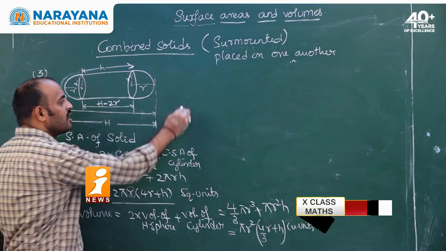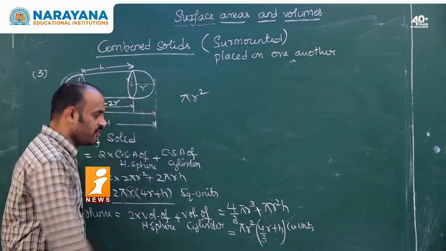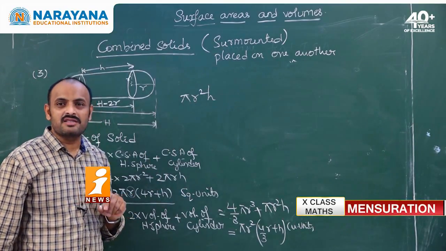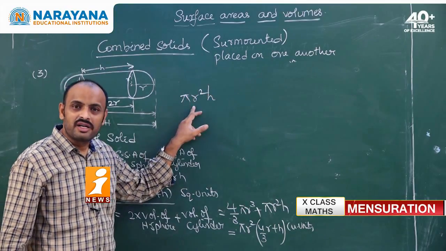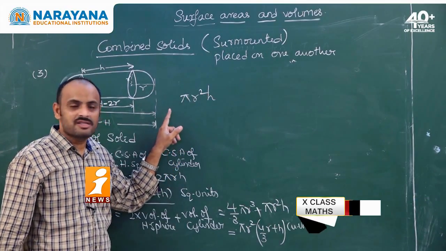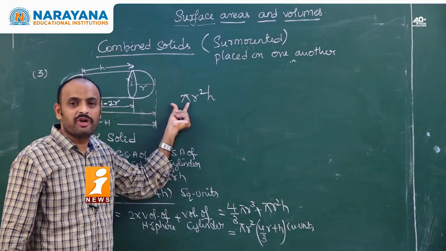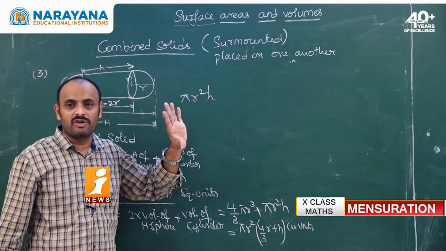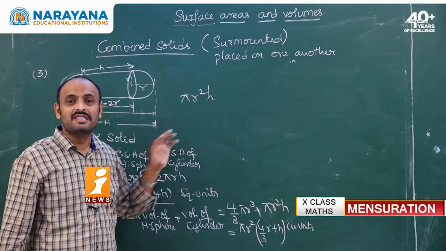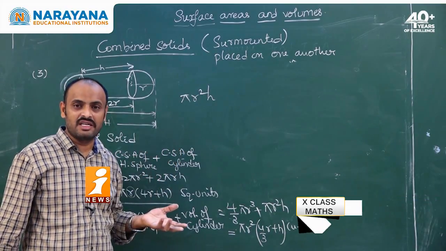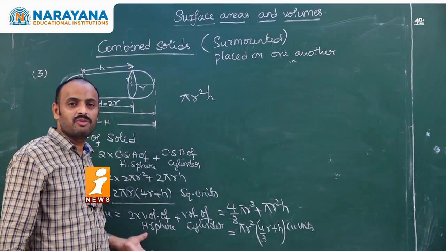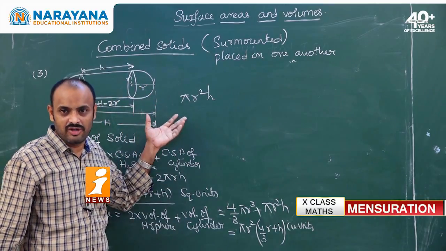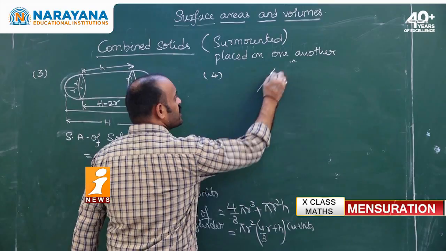For example, say we are going to find the volume of the cylinder, pi r square h, and in this case r is 10. What is r square? 10 square is 100. In that case, don't go for 22 by 7. Go for 3.14, because 3.14 into 100, the zeros get cancelled and the decimals are also removed, because 3.14 into 100 is 314. A very easy number to calculate. In mensuration, all the questions are about the calculation part, how simply you are going to calculate it. Don't go for so many decimals. Hope you understand this.